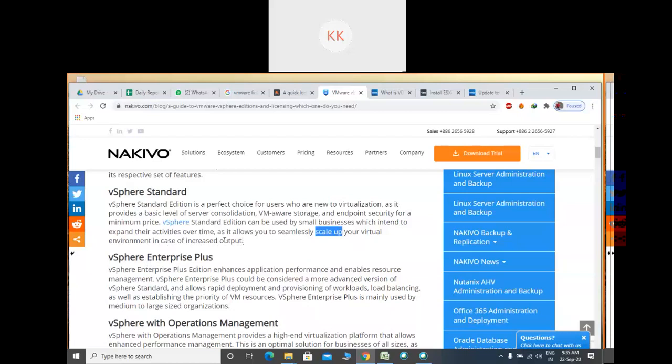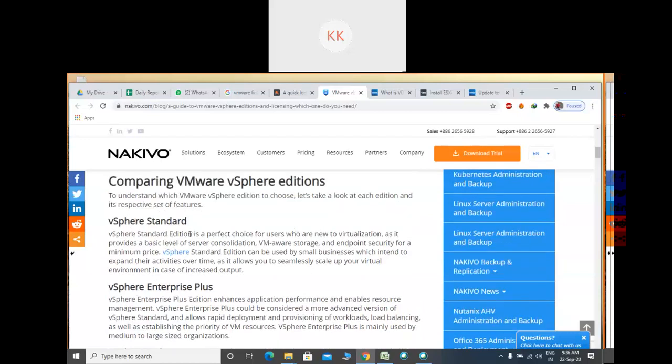Okay, I think it is understandable to you. At first you started the business with the Standard one. Then you realize that now your business runs very well and you need a sophisticated environment, so you will upgrade. And please remember one thing: whenever you are discussing VMware or any virtualization product, all the time we're dealing with the virtual environment. We don't have any physical setup with us. So this is important.